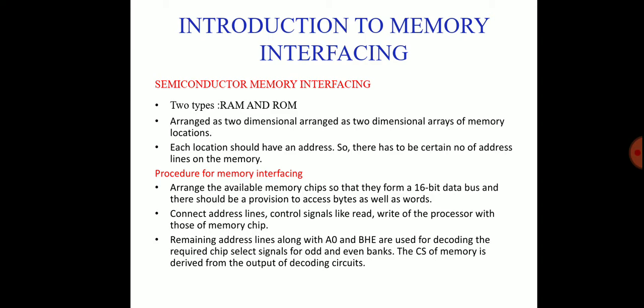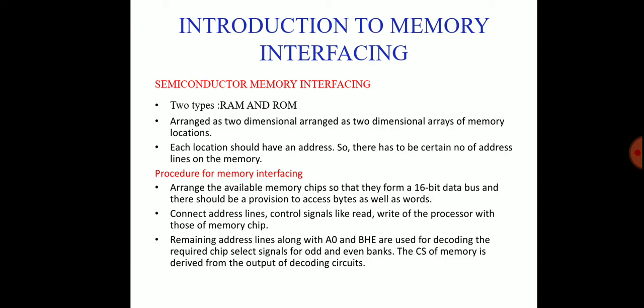Since 8086 is a 16-bit microprocessor having 16 data lines and each memory location holds only 8 bits of data, it becomes necessary for two memory locations to supply one word of data during each memory access. In order to handle this satisfactorily, the total memory of 8086 is divided into two memory banks, one having all the even address locations called the even memory bank and the other having all the odd address locations called the odd bank.